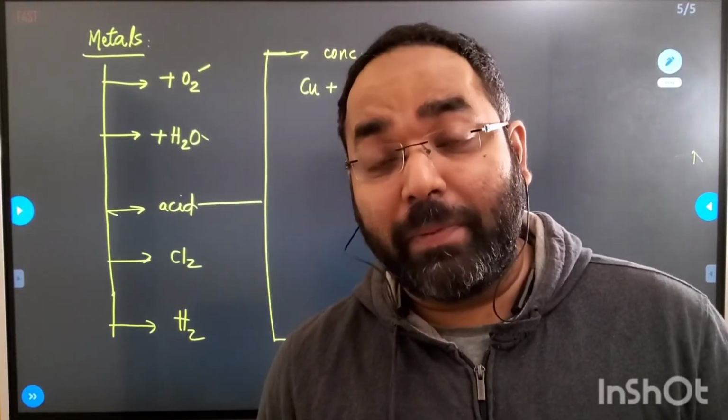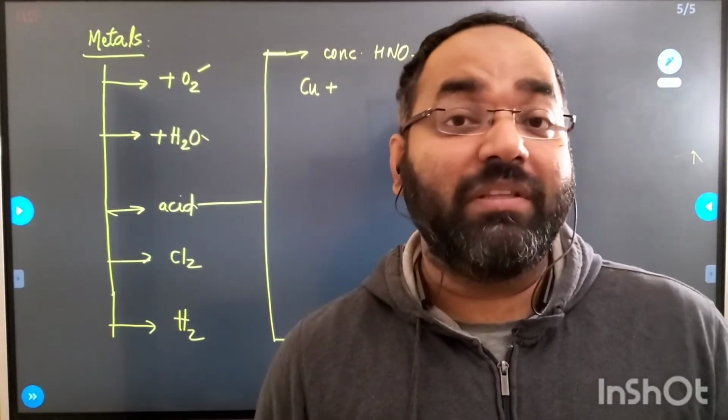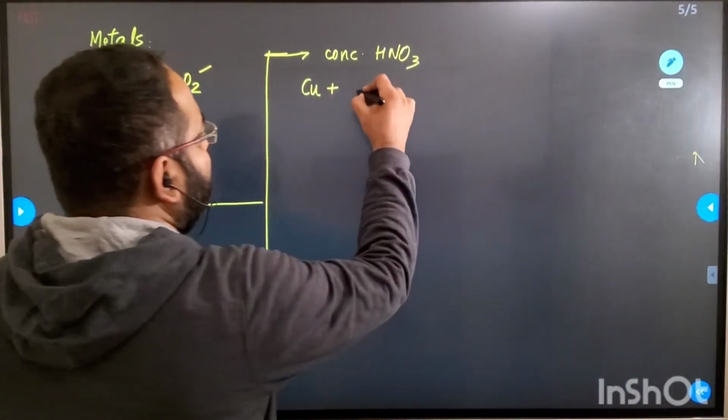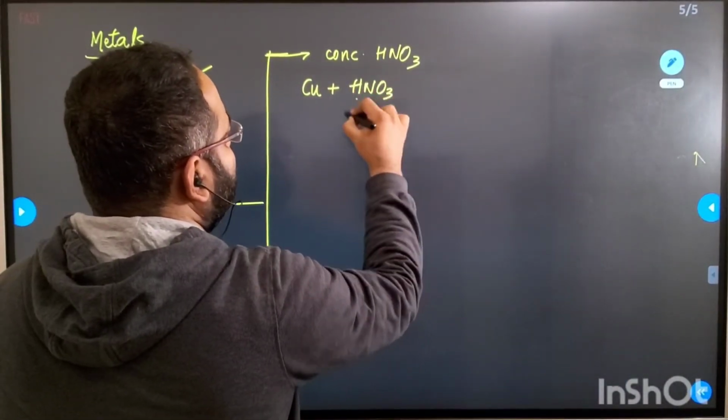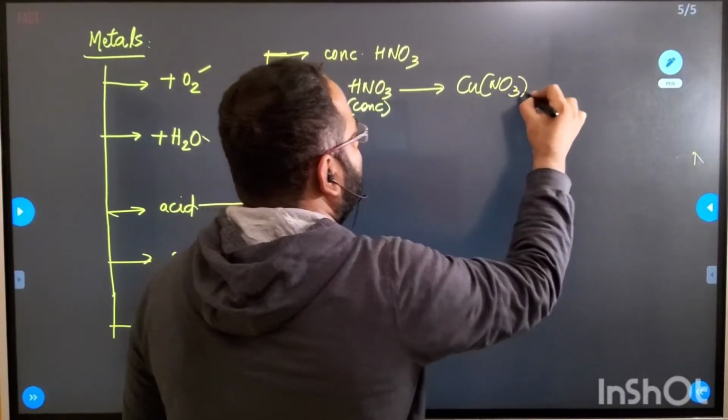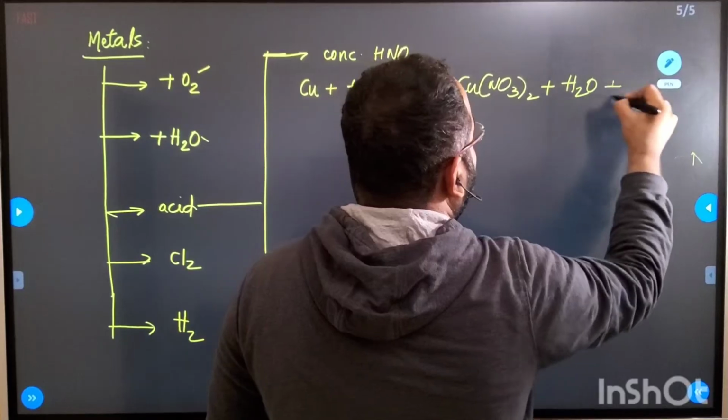Wherever the reaction takes place, it is dilute HNO3. Wherever the reaction does not take place, it is dilute HCl. So let's look at concentrated first. If you take concentrated HNO3, then you're going to get copper nitrate, which is the salt, plus water, plus nitrogen